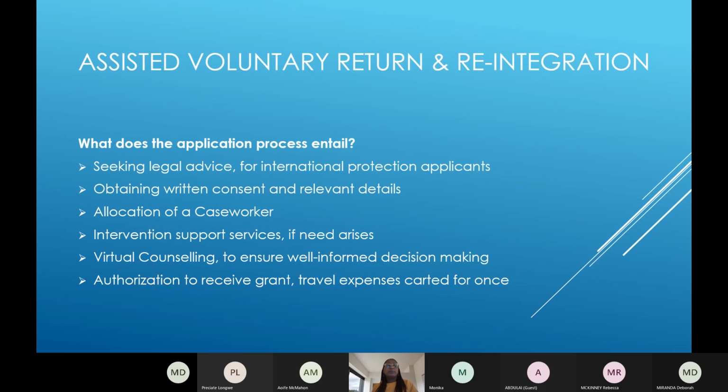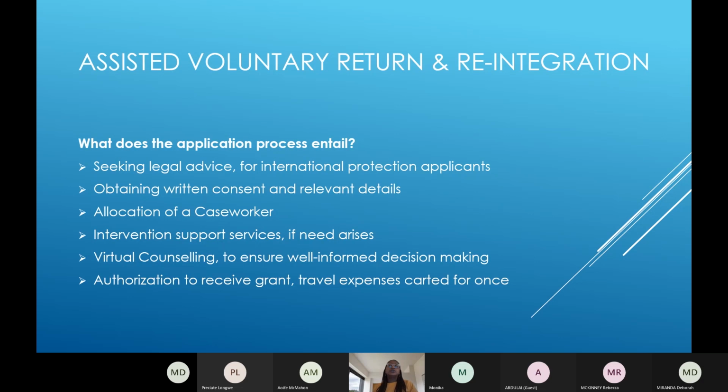And once your application has been completed, received in our offices, and reviewed, you are allocated what is called a caseworker. And the caseworker is that member of staff that you'll be working with throughout your application. For example, if you need to understand anything about the process itself, or the duration of processing your application, they will be up to speed with all this information. And if you have any health needs, they will have to engage with the relevant professionals to try and get you assistance while your application is being processed.